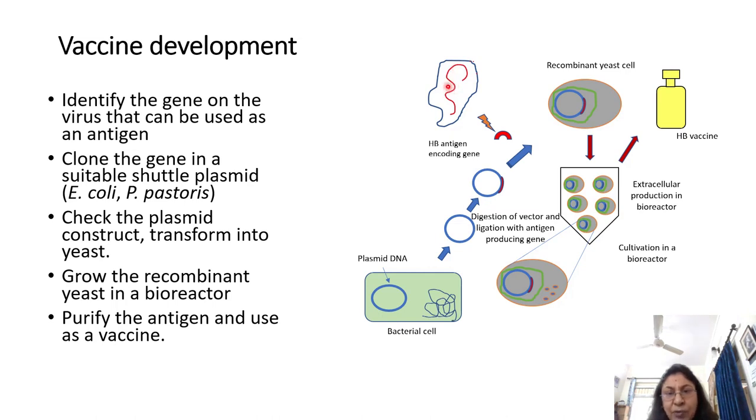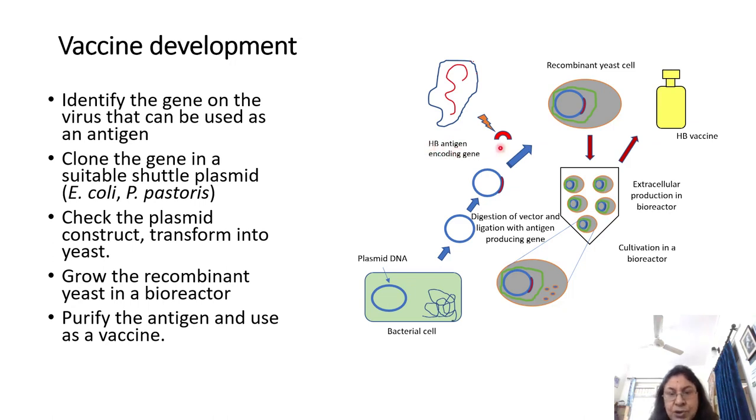But we are only looking at one particular gene which codes for a unique antigen, one particular protein, which is capable of inducing an immune response in a fashion which is enough to allow you to fight back that infection, were you to be infected by the virus. So here is that little gene fragment which codes for an antigen. This is a hepatitis B antigen.